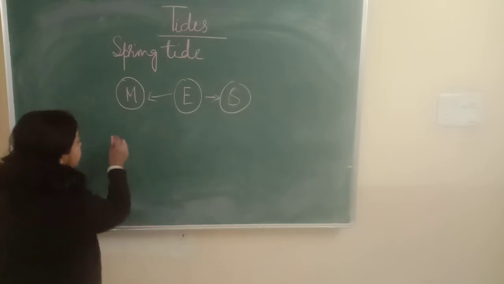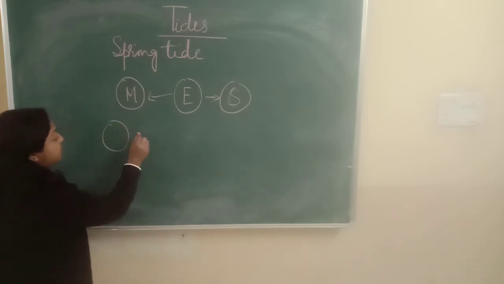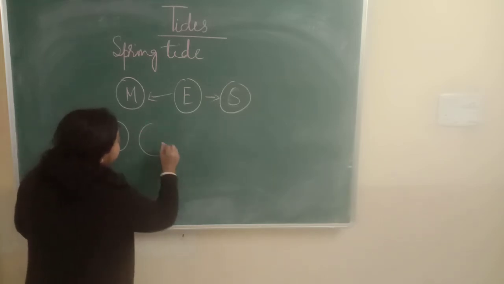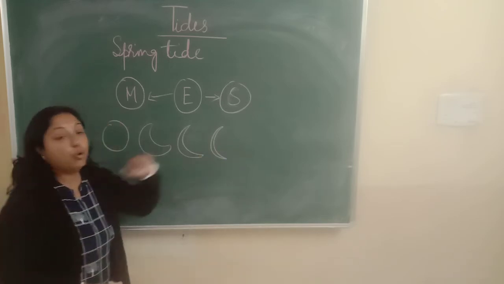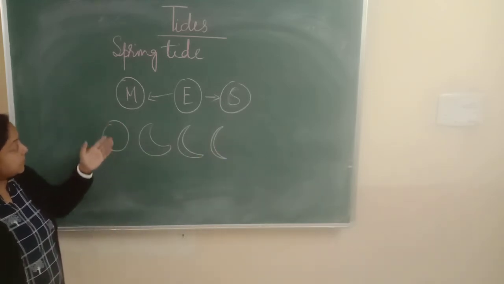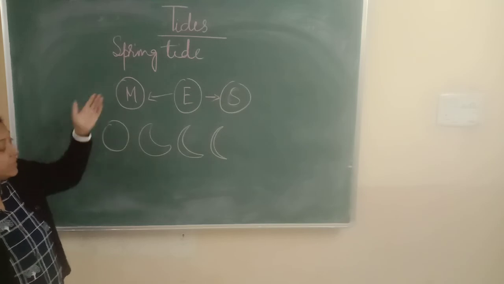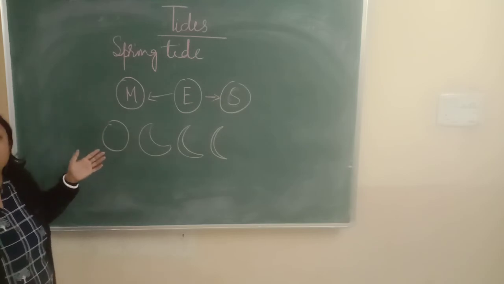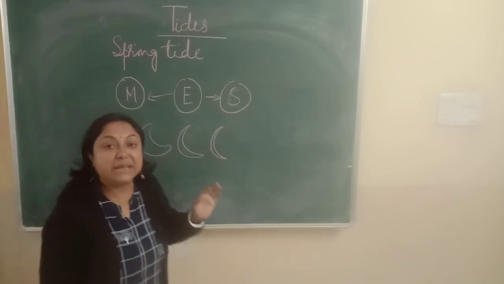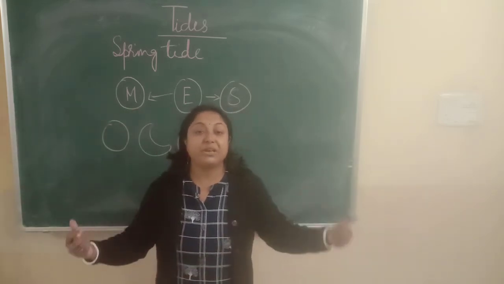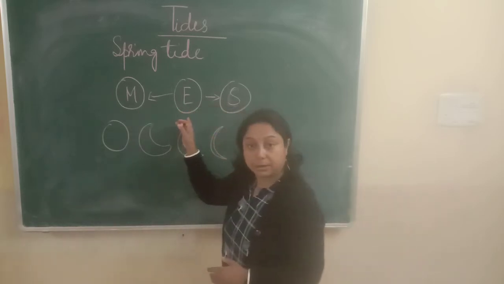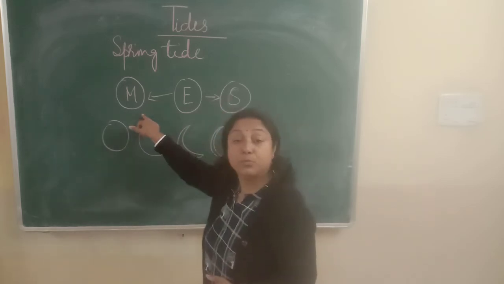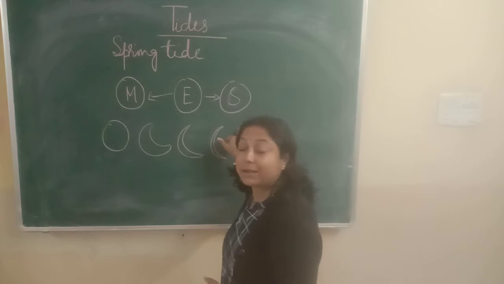You know there are different shapes of the moon. And no moon also. So during this type of tide, the moon is full moon or new moon. So full moon or new moon means the moon pulls the sea water, or pulls the earth. Same with the sun. Now you should know that the moon is closer to us than the sun, but